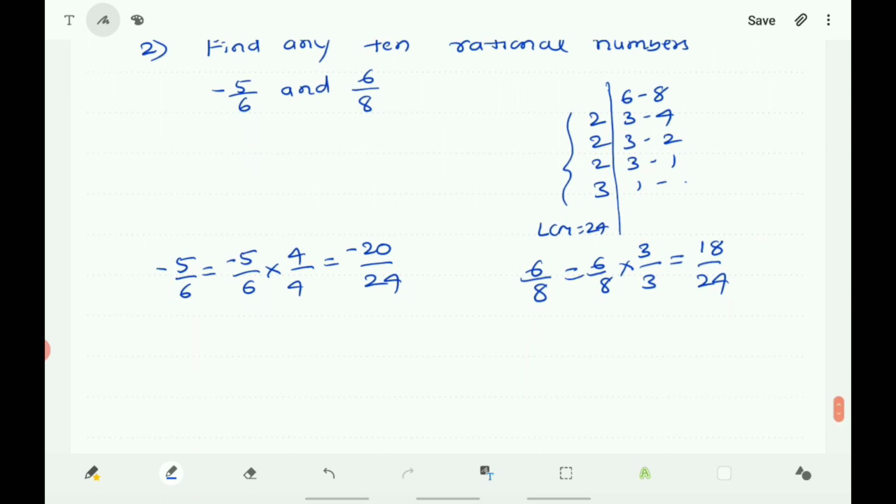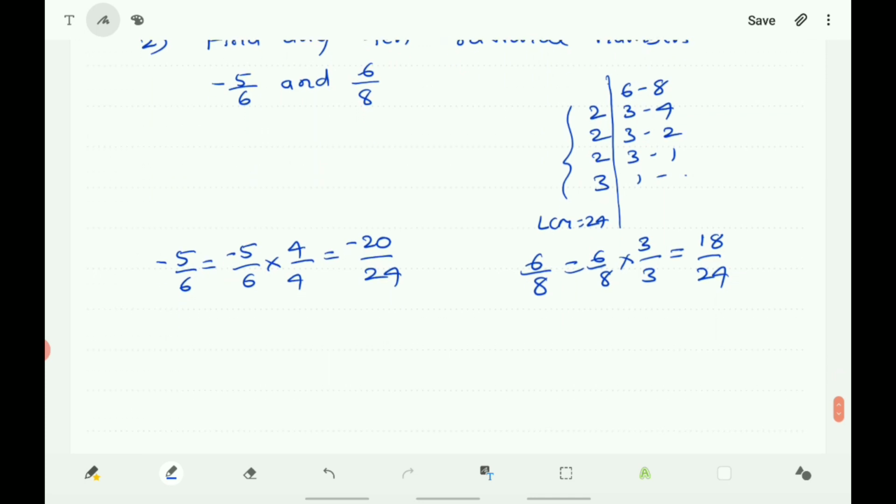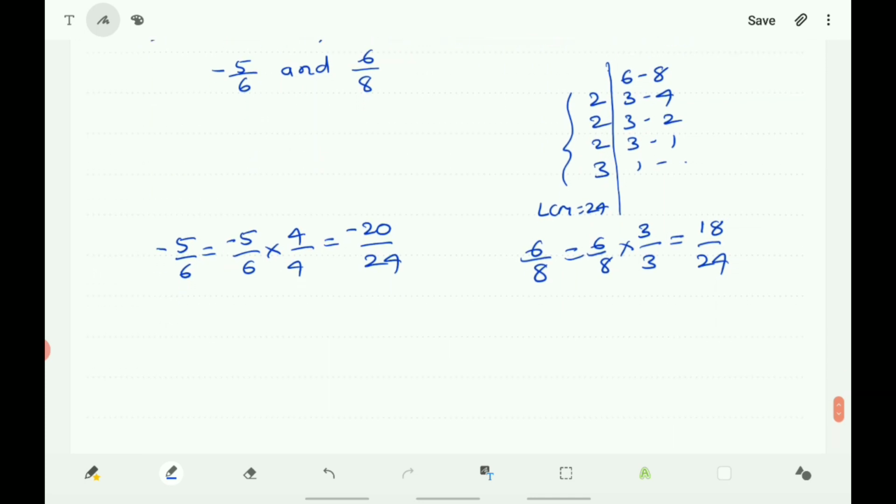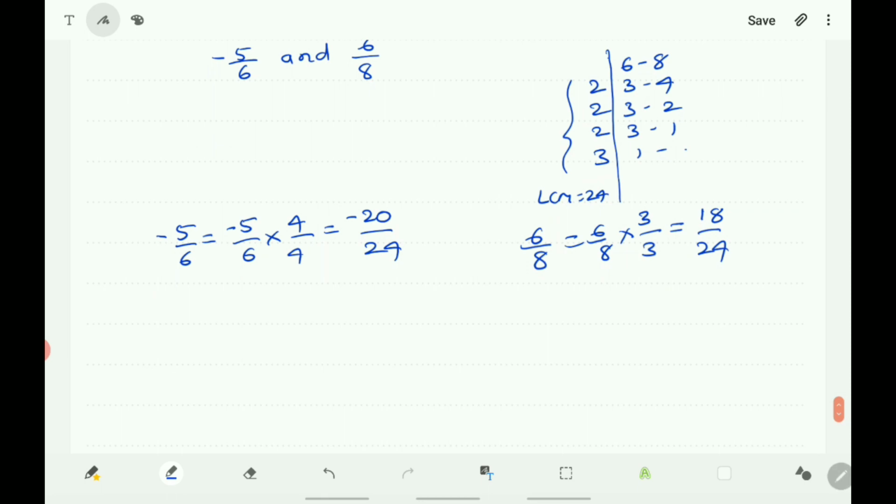Now try to have the 10 rational numbers by these two, minus 20 by 24 and 18 by 24 only, because here it ranges from minus 20 to 18, you will get first one is minus 19 by 24, next minus 18 by 24, minus 17 by 24, minus 16 by 24, minus 15 by 24,